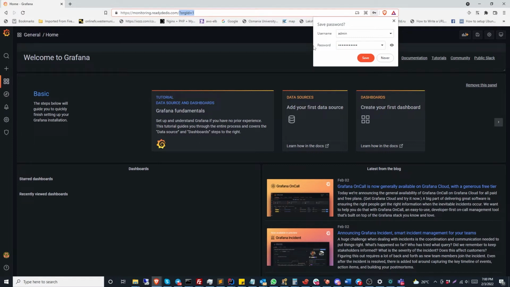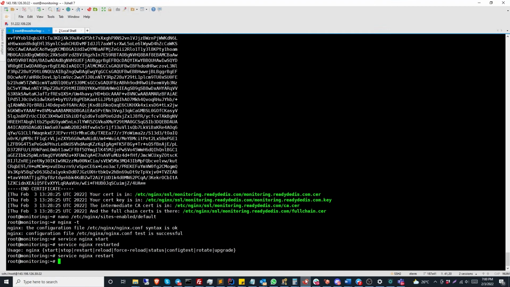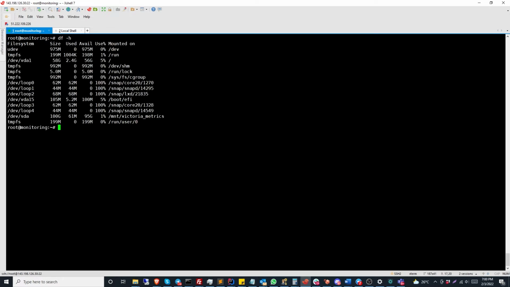Okay, so that's about it. Our next thing would be VictoriaMetrics. So in this particular instance, what I've done is I've taken a volume of 100 GB and assigned it to a mount point on the Linux file system. I've just formatted it to ext4. So for VictoriaMetrics,